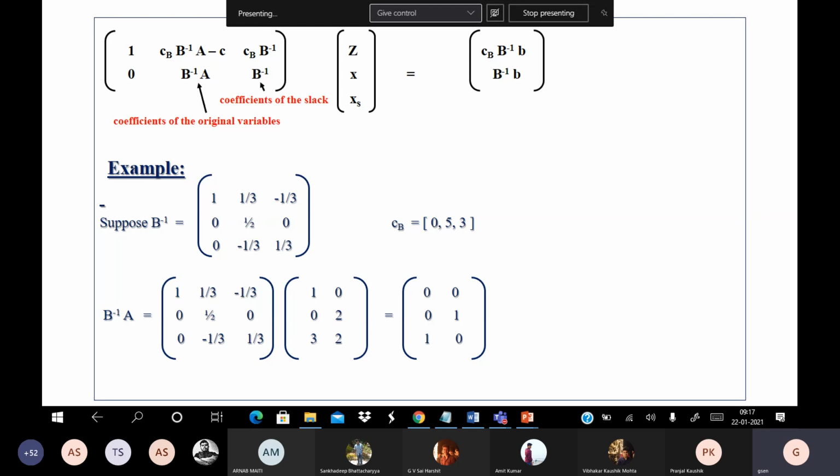Okay. Yes, sir. Is it clear to everybody or not? How did I answer this question, whether for a given base, what is the solution first of all, and then whether the solution is optimal or not. So two questions were asked and we can easily answer. One nice thing is that we do not need to remember or store the previous tables. So we can directly answer this question from this matrix form. Isn't that good?